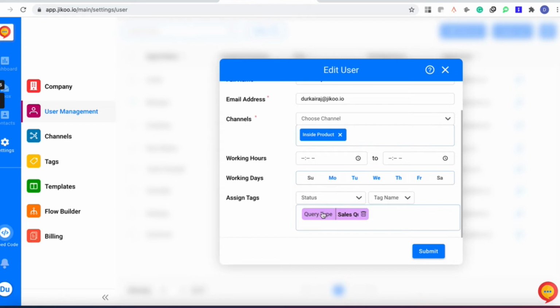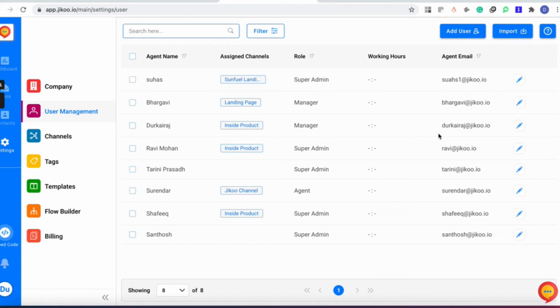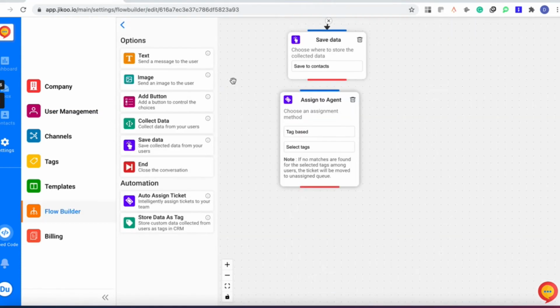If you add a tag like this, all the sales queries will be automatically mapped to Durgai Raj only. Like that, with tag based you can assign the tickets automatically. And after that, role based: if you want to assign the ticket based on super admin, manager or agent, you can select. Let me give you an example.